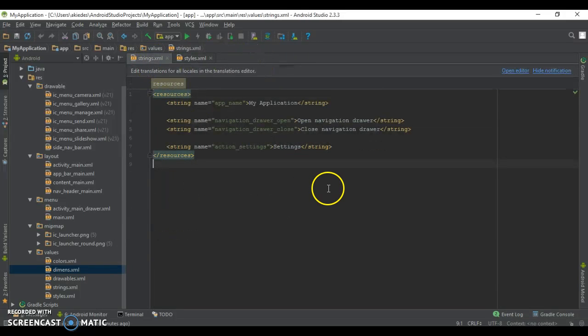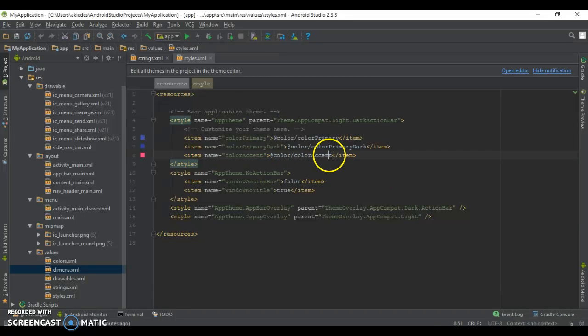Strings.xml we've used on buttons, and you can use it in drawers as well, giving a name to a string constant as well as value. Styles.xml will allow you to actually assign the colors that we created inside of colors.xml to different components of your theme. Remember, applications of Android Studio are all theme-based, and therefore the colors you define here will get used throughout